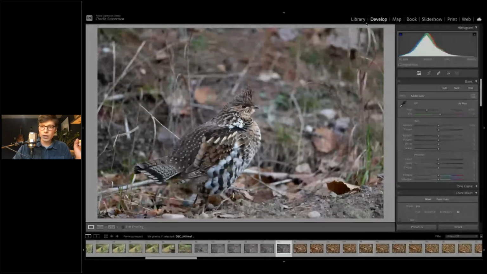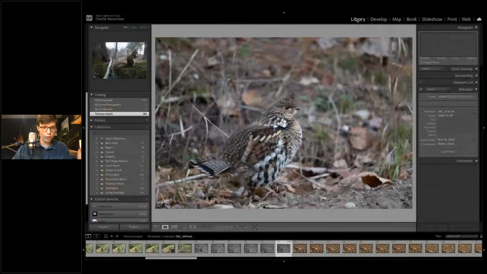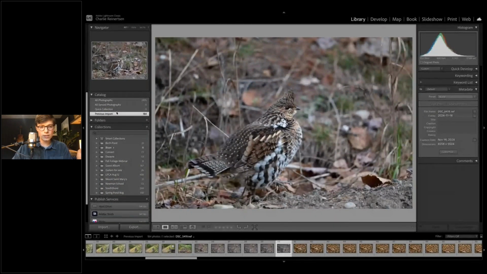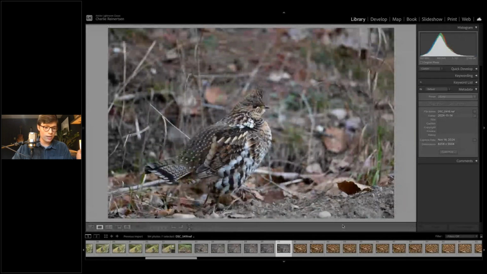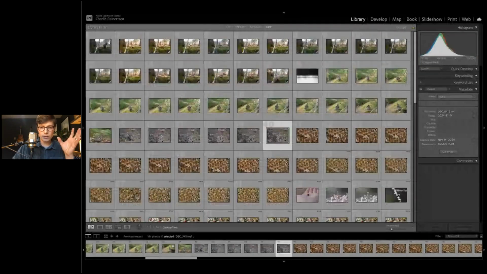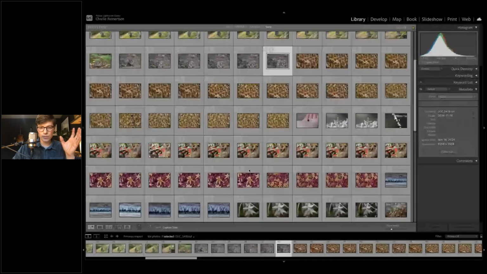And just to get you oriented, I usually like to start in the library. So I'll import photos. Right here, it's the previous import. There are 184 from that session. Down at the bottom left, there's a little grid icon, and that's going to pop you out so that you can see all the photos from that session that you